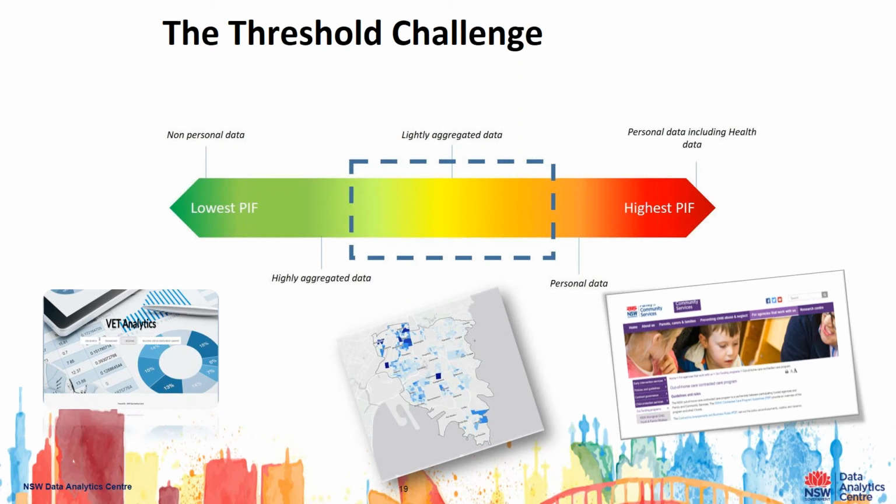Similarly, we asked for data from another state-owned corporation, and we said we'd accept it at aggregation of what we call SA1 level. That's a level of aggregation used by the Australian Bureau of Statistics to protect individual identity. And the agency we worked with said, well, if we give this to you, we'd have to think about all the other data that the Data Analytics Centre has, because there's a challenge associated with linkage. This data set connected with that data set, overlaid on top of aggregated data, can potentially re-identify individuals. And the response to that was, well, that's true, but we are the Data Analytics Centre, so we can get access to any data set in government.